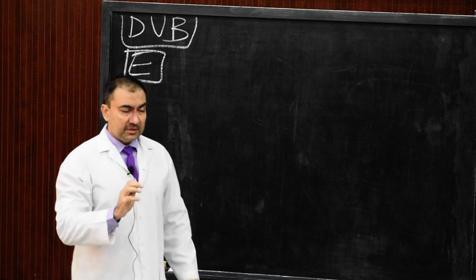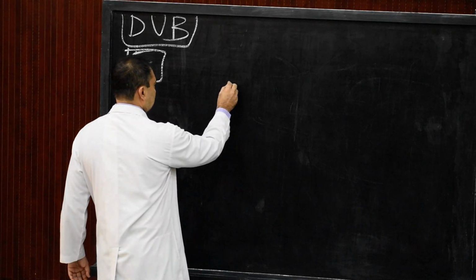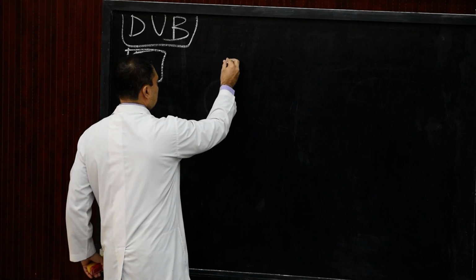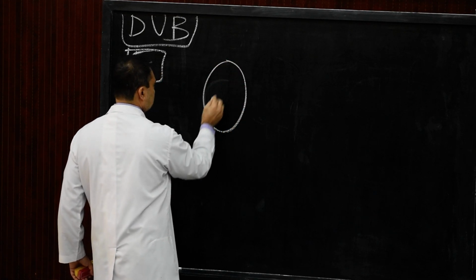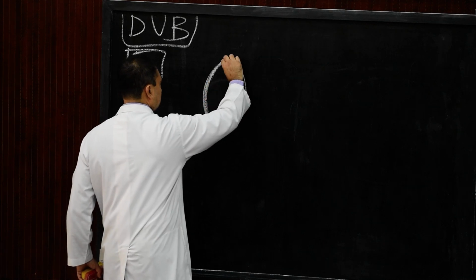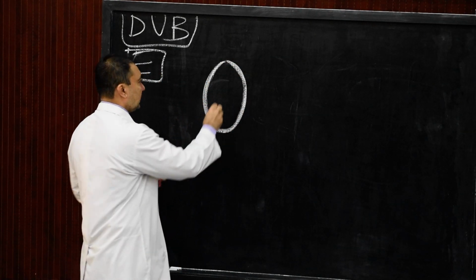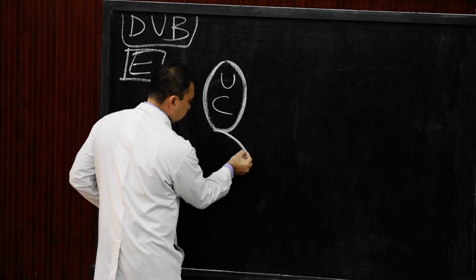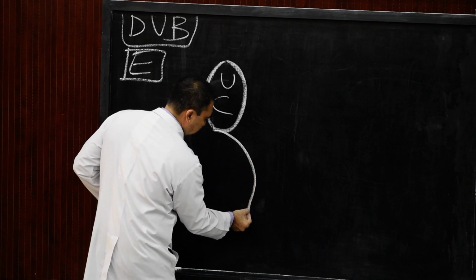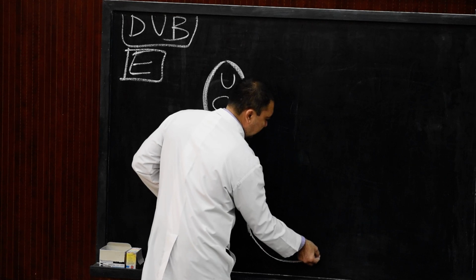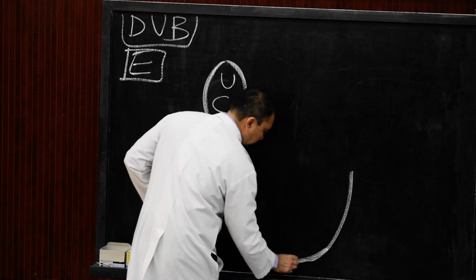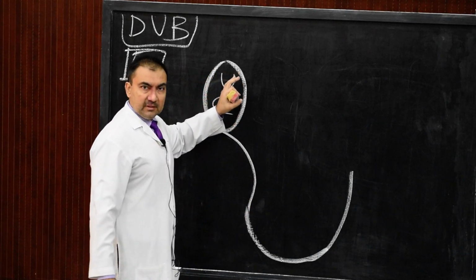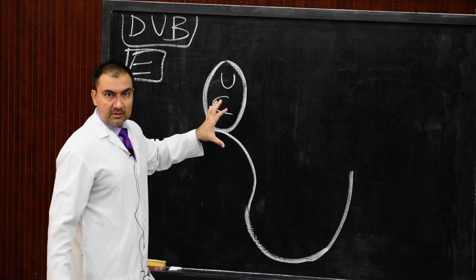So in embryogenesis, we first draw this sagittal section of the diagram in which we will show the umbilical cord in sagittal section. This is the umbilical cord. So here we show the umbilical cord. Then next we show over here, this will be the lower part, and this lower part will signify the tail end of the embryo. This is the sagittal section of the umbilical cord.